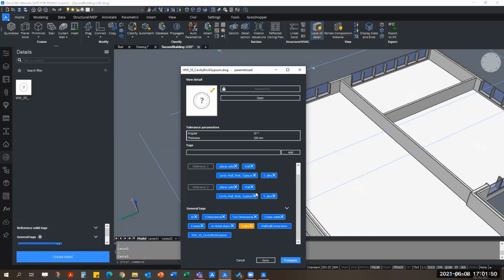So it's easy for a user to quickly go on and search for a necessary detail, maybe how a timber frame junction could be, a timber frame junction meeting a concrete foundation versus a blockwork foundation. That could be something that you save, but you wouldn't want to save everything all in your name like this. So you could actually create your .dwg details by simply naming them codes if you want to. If you have a very systematic standard, of course, not encouraging if you're not a tidy person, but you can